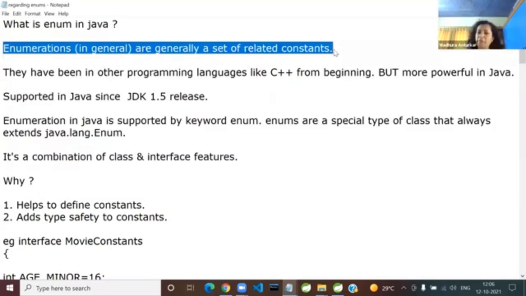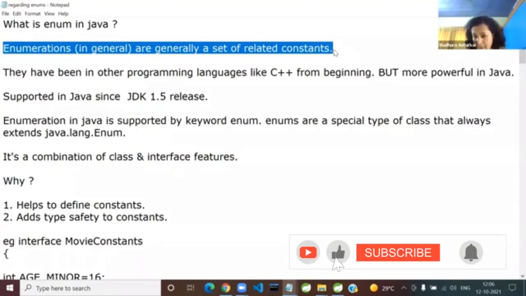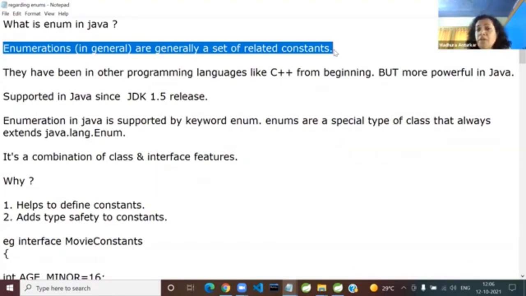Enumeration, anytime, whether you have C, C++, in .NET you are going to learn C#. Java and C# are so similar, only syntax is different. C++, Java and C#, all object oriented. Python also, but Python has a lot of shortcuts. C# and Java you can compare. C++ and Java are comparable. Anyway, so enum in any language, what it means is